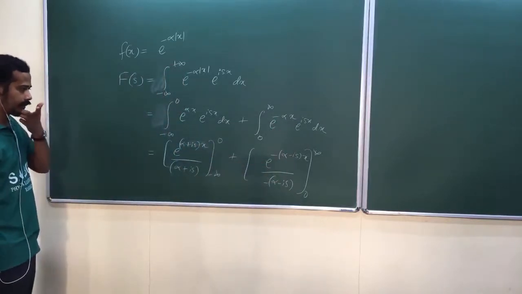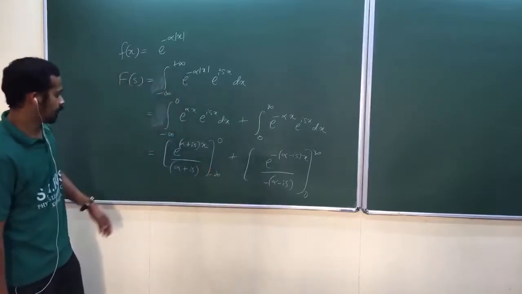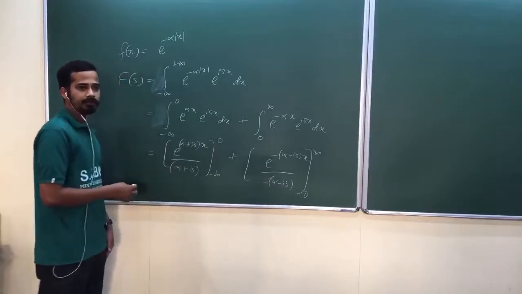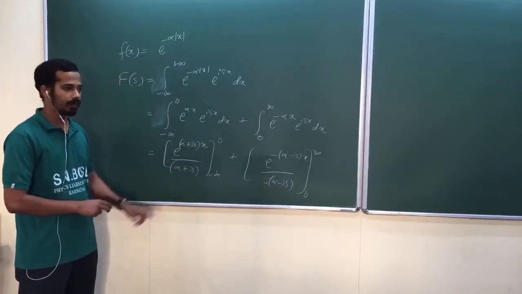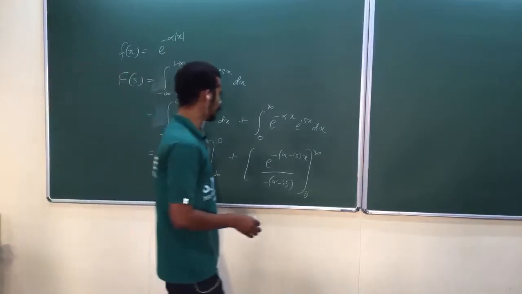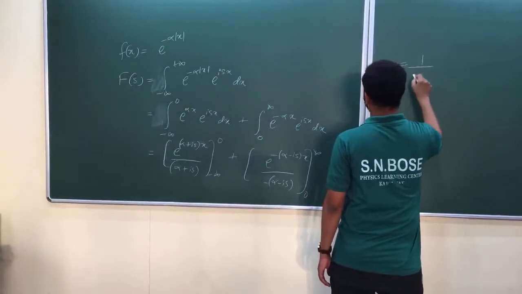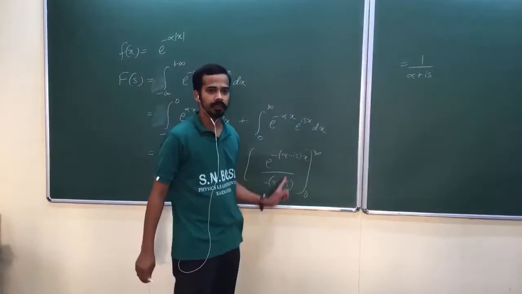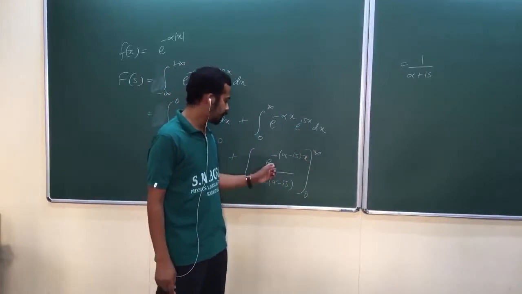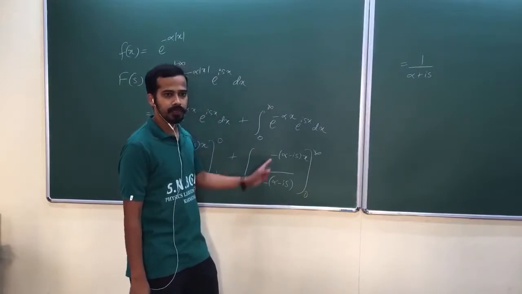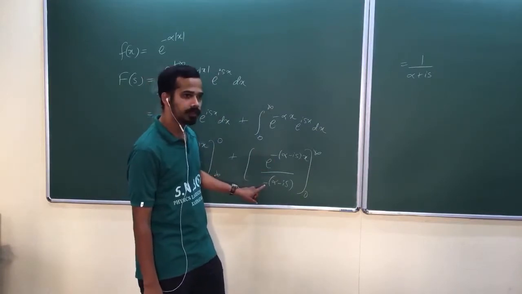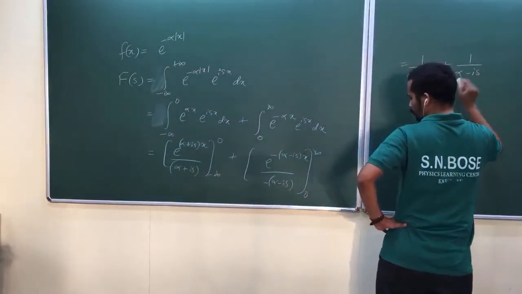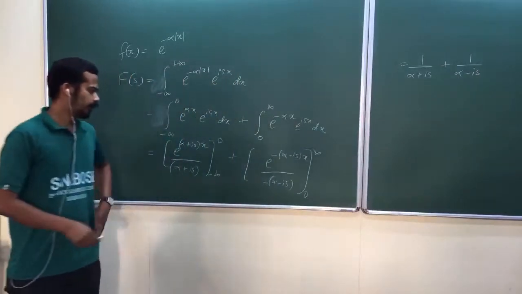When you integrate, you have to divide by the coefficient of x. Now substitute the limit here. Upper limit e power 0, lower limit e power minus infinity. What is e power minus infinity? 0. Lower limit 0, only the upper limit exists. So this is equal to 1 by alpha plus is. In this one again the upper limit is 0, e power minus infinity. Upper limit is 0, lower limit non-zero, so a negative sign will come. Upper limit minus lower limit. That negative sign is compensated by this negative sign. Plus 1 by alpha minus is. Or substitute yourself.